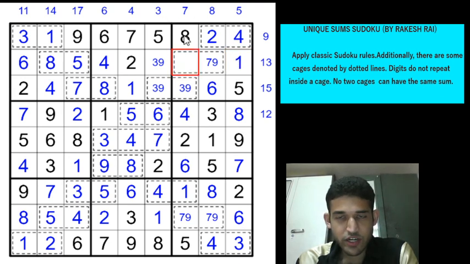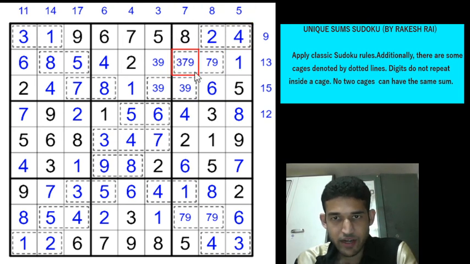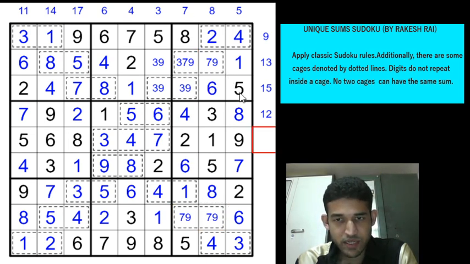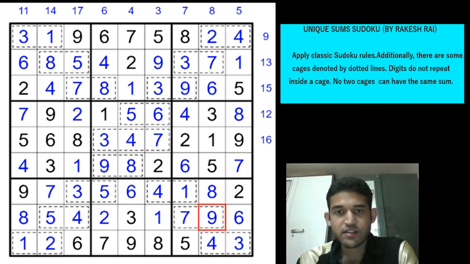So this cell is going to be, 1, 5, 6, 2, 4, 8 are impossible, so this is 3, 7 and 9. Now again for the same reason we got 16 here, right? We will just mark it outside. So this cell cannot be 16, so that means this cannot be 7 or a 9. So this will be a 3, that gives a 3 here, a 9 here, a 9 here, a 7 here, a 7 here and a 9 here. That finishes off this very fun to solve unique sum Sudoku.